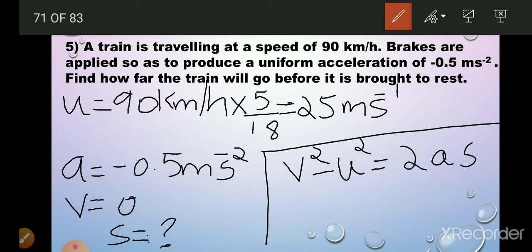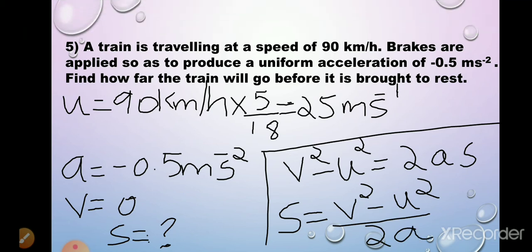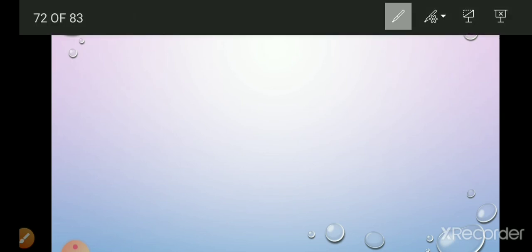So if you just substitute, we want S now. S is equal to V square minus U square divided by 2A. So if you substitute, let us substitute the value now. V is equal to 0, minus U square. U square is 25 meter per second